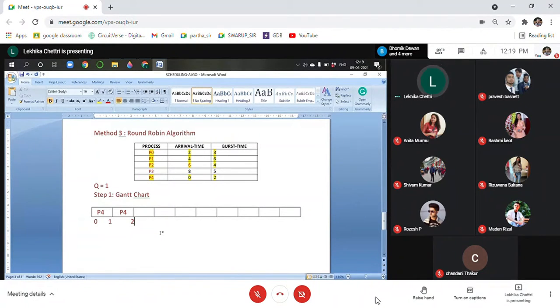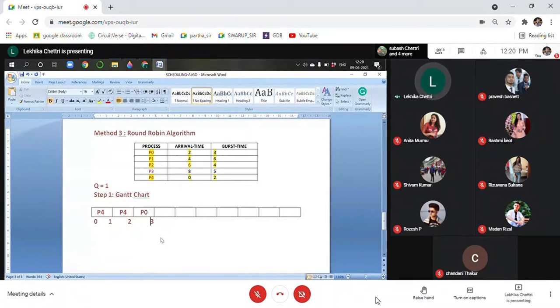So what your algorithm or program must do is at clock unit time 2, it will go to the ready queue. It will check from the arrival time, is there any other process that has entered into the ready queue at clock unit time 2? Yes. So it has already come out. Now P4 will not go because its quantum of 1 time unit is over. So P0 goes into the CPU now.